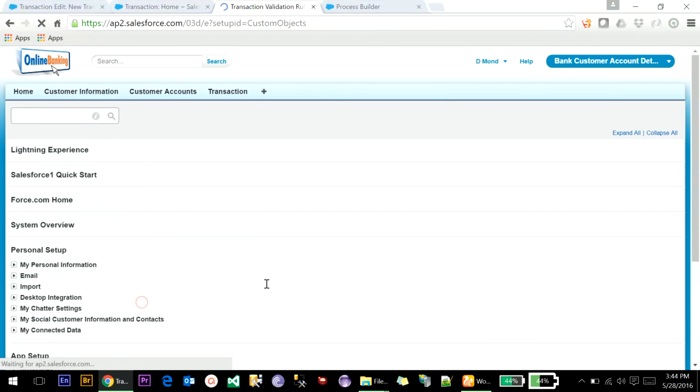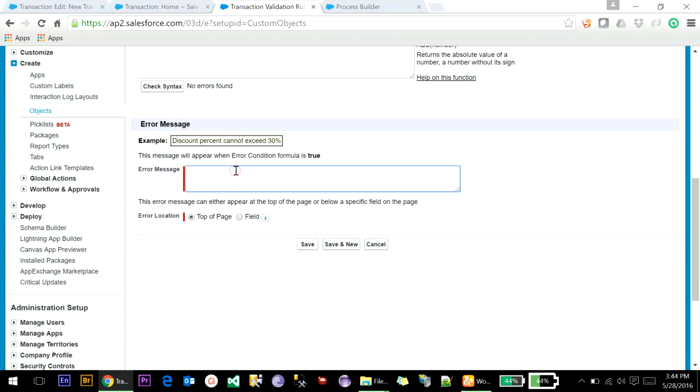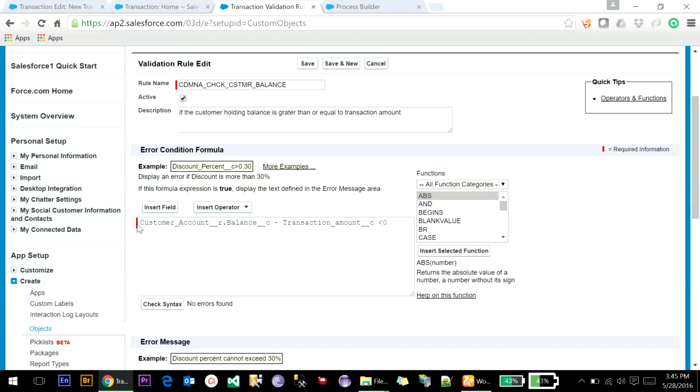Okay, insufficient fund, and also we need to add another condition as and this,